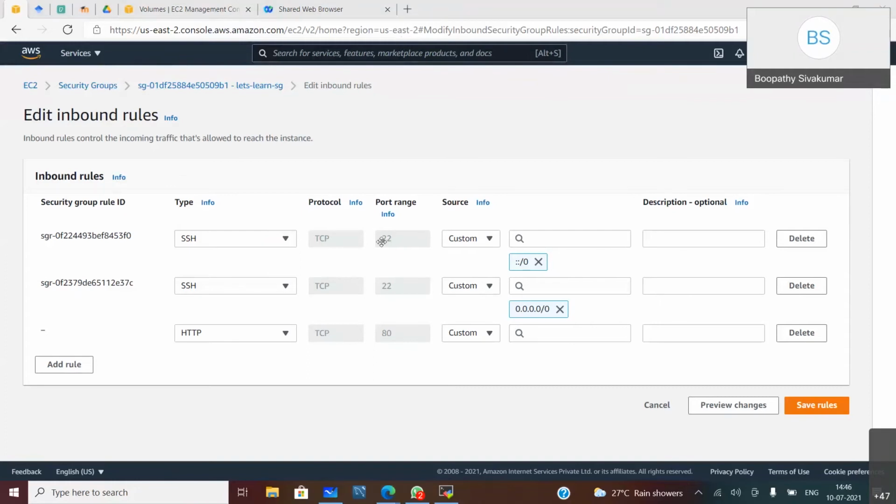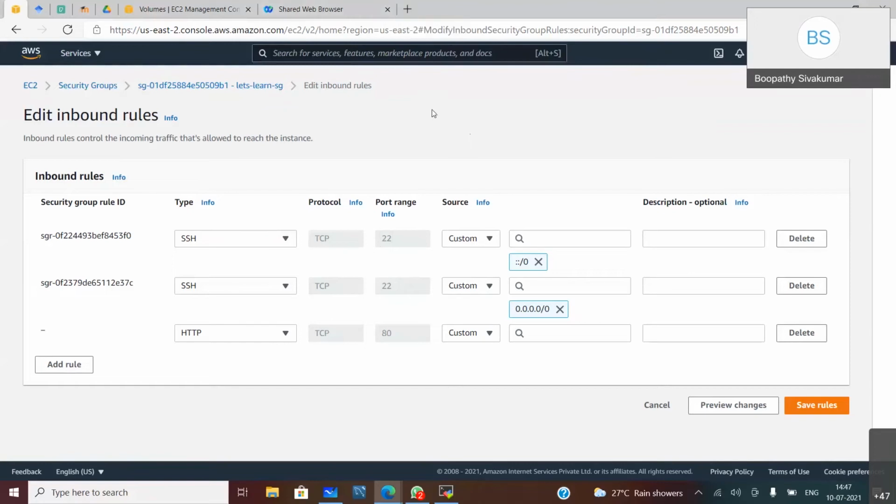One is HTTP and another one is HTTPS. So for HTTP it is 80, and for HTTPS it is 443. These two are primarily supported by web servers.